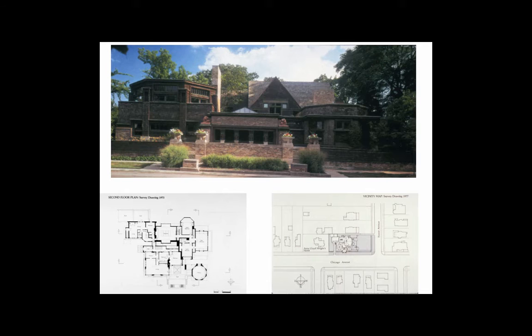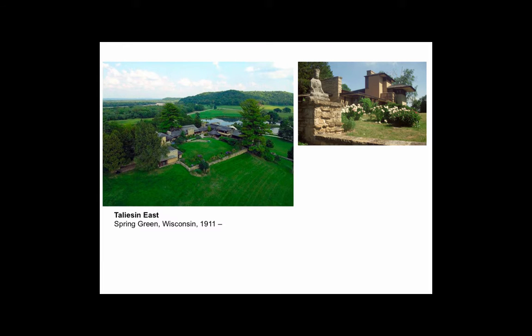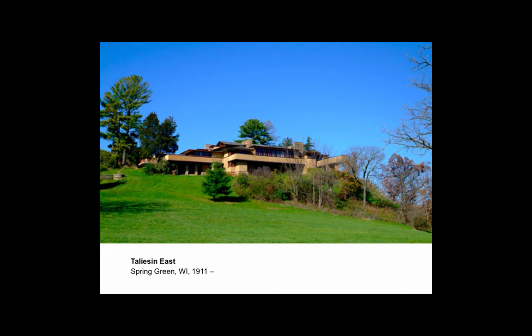Now we're looking here, and this is his office. Here's a house for his mother so she can help with the six kids. When he comes back, he leaves his wife and runs off to Europe with Mamah Cheney. When they come back, he builds on family land Taliesin East. Taliesin is a Welsh poet that he names this after. And it's sprawling into the landscape of Spring Green, Wisconsin. And we'll look at all this in detail as we go.